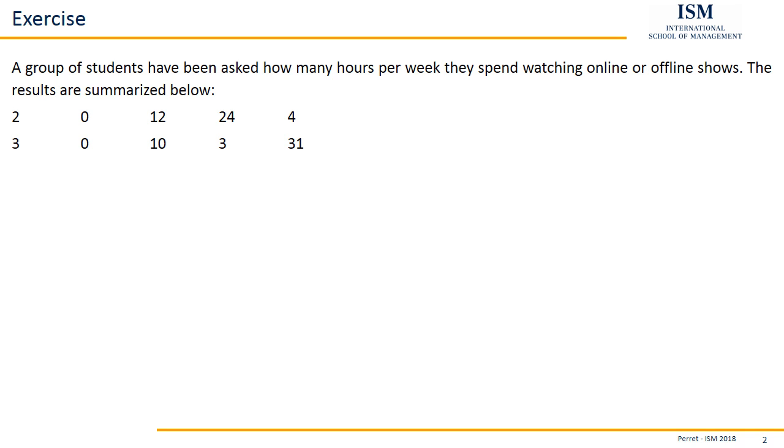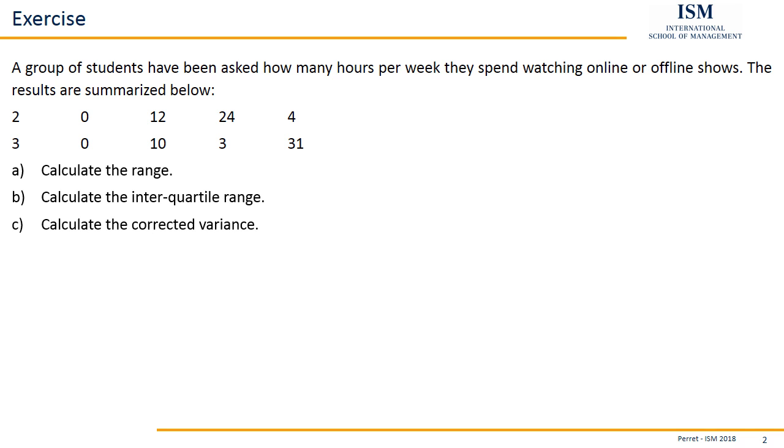A group of students have been asked how many hours per week they spend watching online or offline shows. The results are summarized below. What do we have to do with this data set? First off, calculate the range, then calculate the interquartile range, calculate the corrected variance, and finally calculate the corrected standard